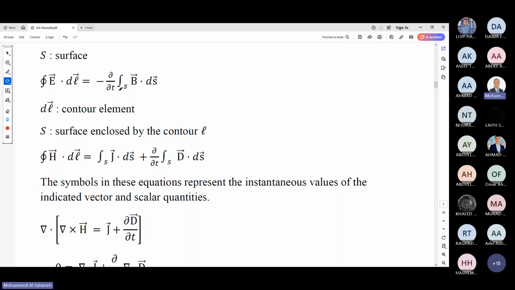Also, if you integrate E dot dl, you will obtain the voltage. The integration of the electric field over a closed path is equal to the potential difference, the voltage. If there is no time variation, this will be 0 in static fields. If there is time variation, the result is not 0. It is equal to minus d by dt of the integration of B dot dS. This is Faraday's law. We said that V induced, voltage induced,